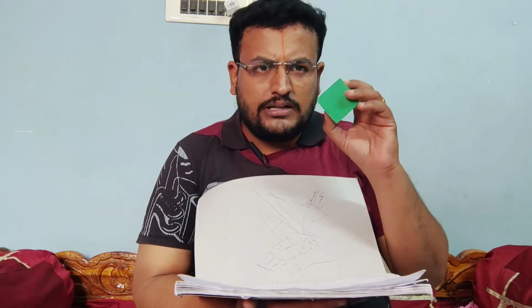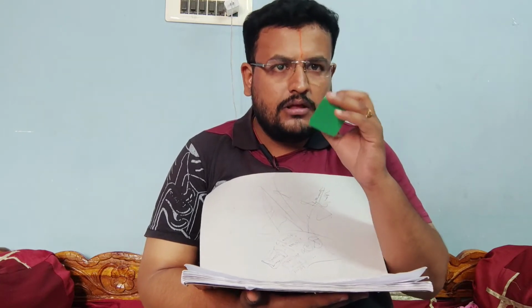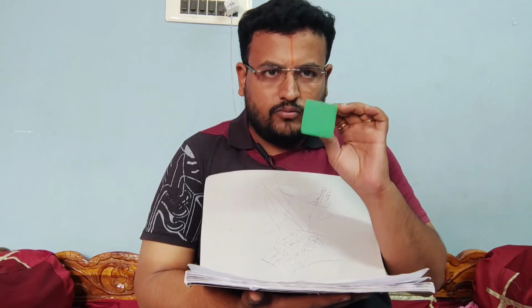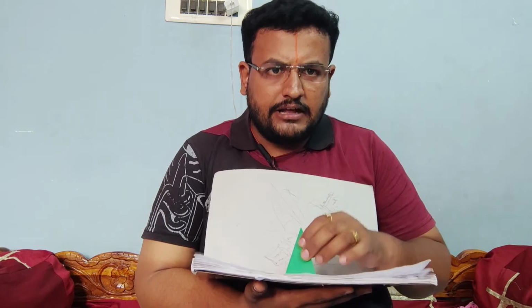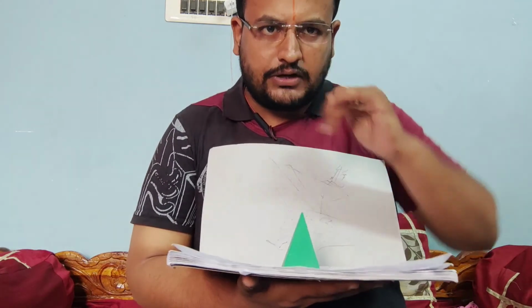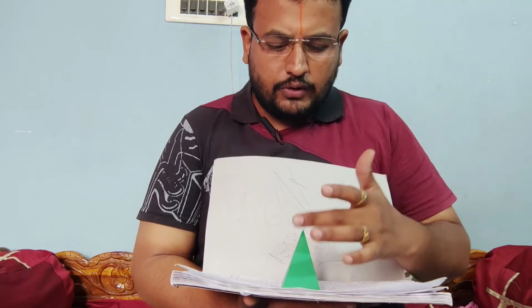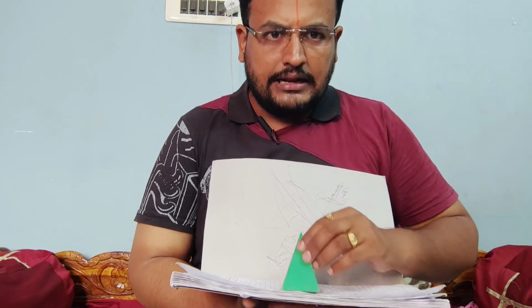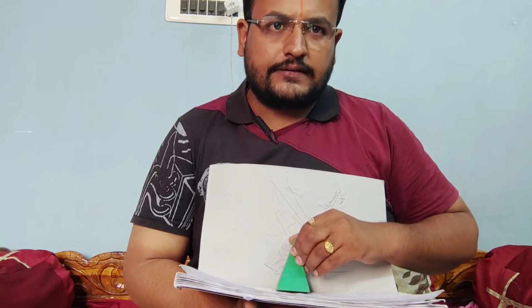Now, in case of pyramids, only the bottom will be the plane. Therefore, you can directly represent it as A, B, C, D, which can be seen from the top view. Whereas from front view, you can notice this triangle in contact with the reference line.